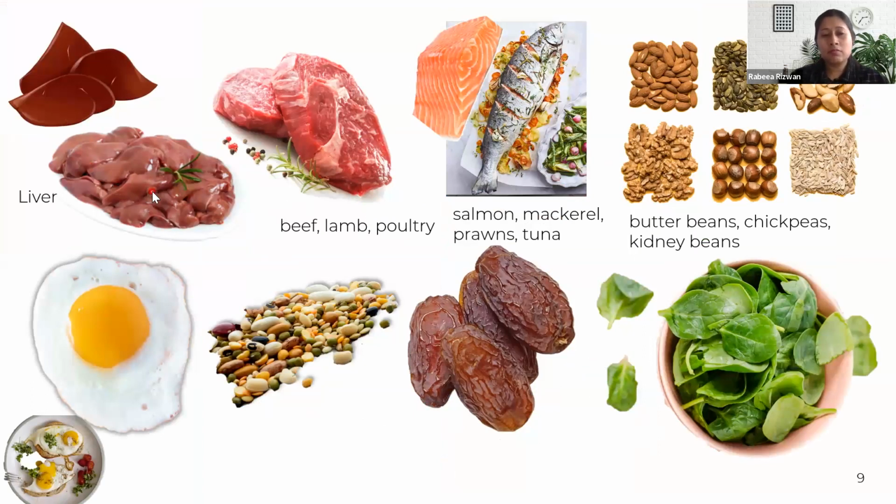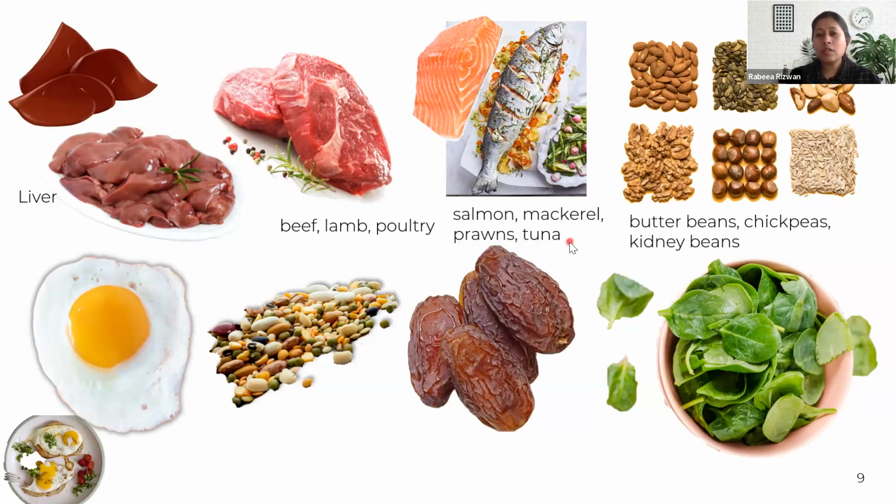That is, through animal origin, for example meat that we take from beef, lamb, poultry, or from the liver, which is a highly rich source of iron. In deficiency, it is very helpful if we take it, because it has much better absorption. Other animal sources are salmon, from seafood, and tuna, prawns, and